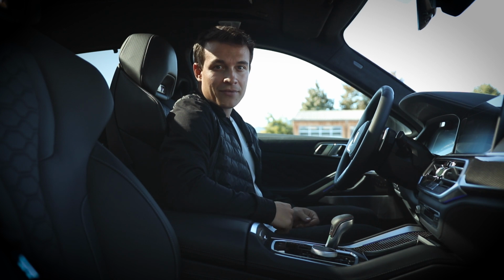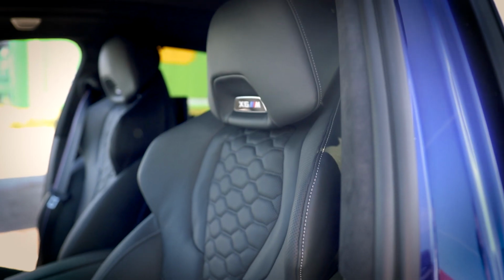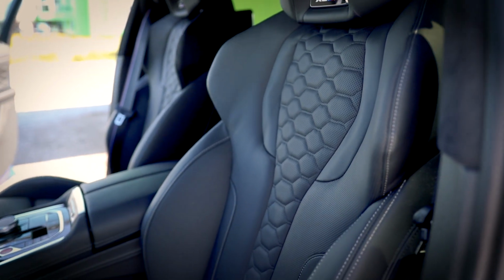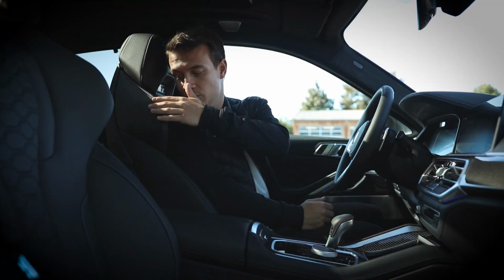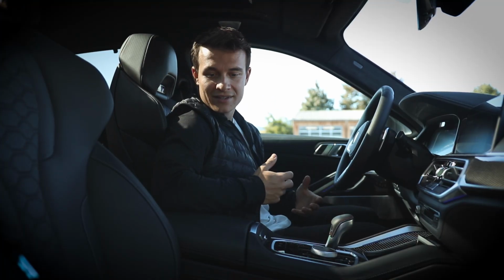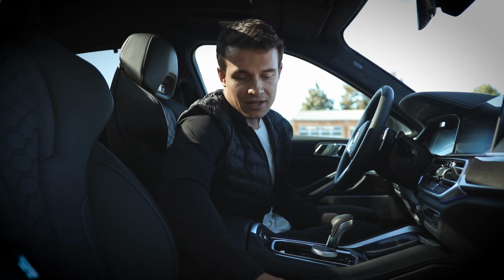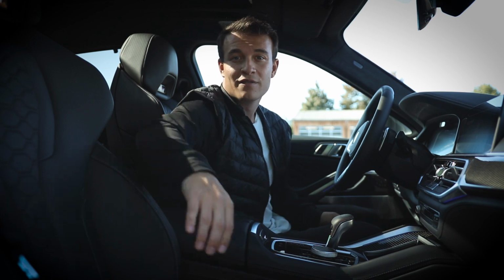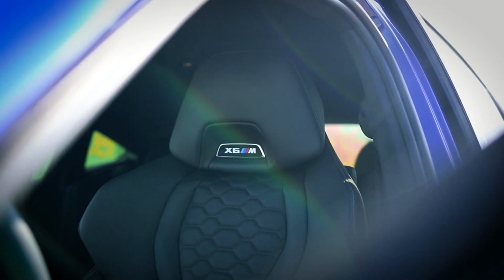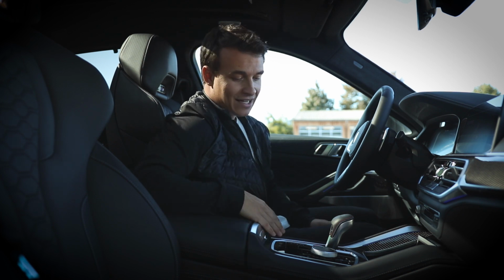Then my favorite thing about this car are the seats. So the seats are incredibly comfortable and they're also super sporty. You have a lot of grip on the sides here with these panels. I really like the design. You can have them with a two-tone leather, so this car is just with the black leather and Merino. Looks stunning. We have an illuminated badge in here to make sure you know what car you're in,